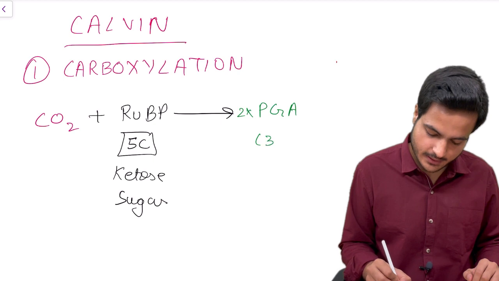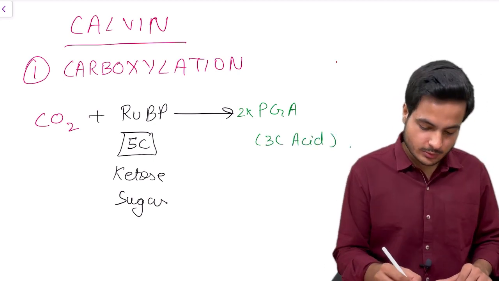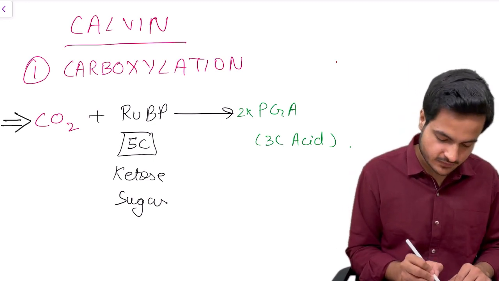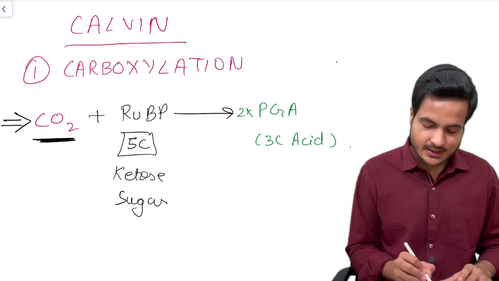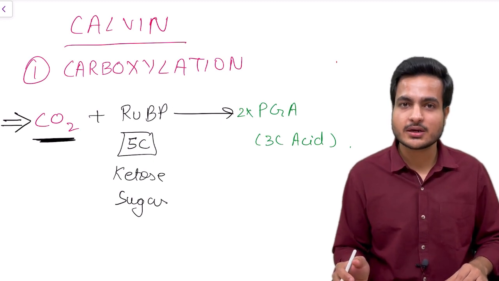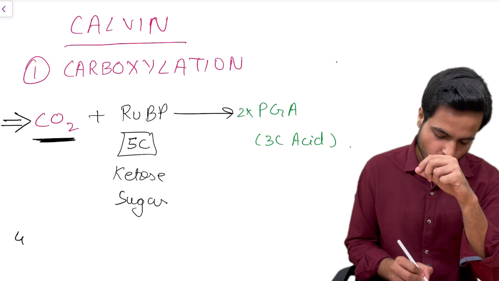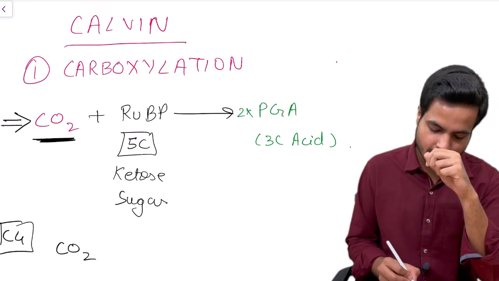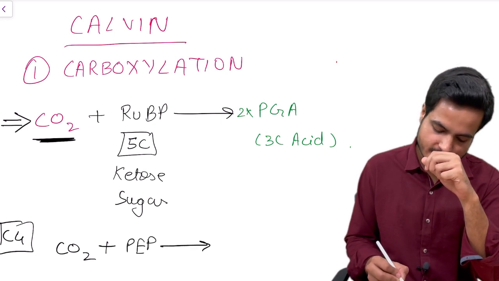This is a 3 carbon containing acid. And my dear friends, you should remember that the story in C3 plants directly starts from this reaction. The carbon dioxide fixation in C3 plants is directly done by RuBP, which is a 5 carbon containing keto sugar. But inside these C4 plants, they have a long loop. What is actually happening? This carbon dioxide will be fixing with PEP, that is phosphoenol pyruvate,